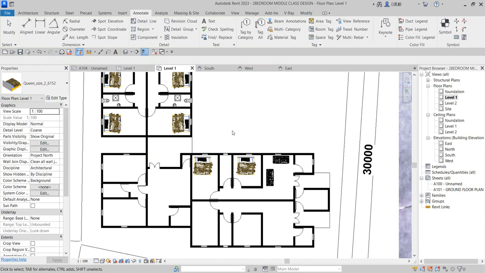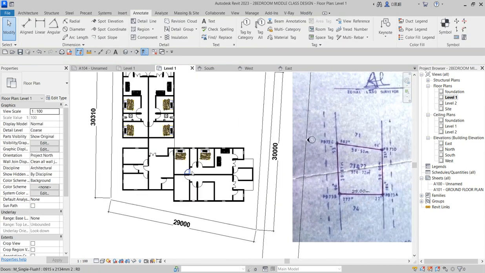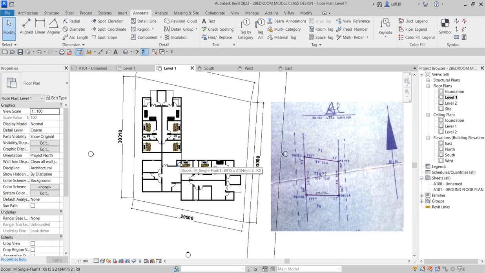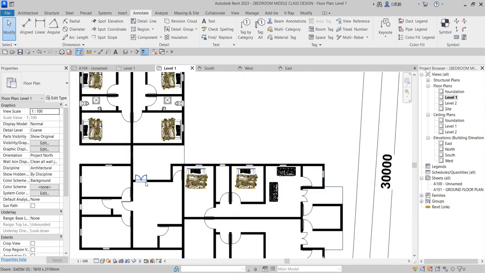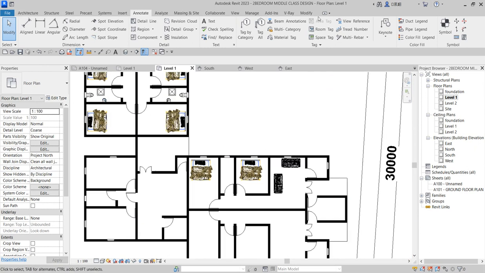So let's leave this one in that manner. You can do that and continue with the process by yourself. So let's focus on the stair, the function space, and the staircase. The staircase is going to take some pattern. So what we do is that you click on